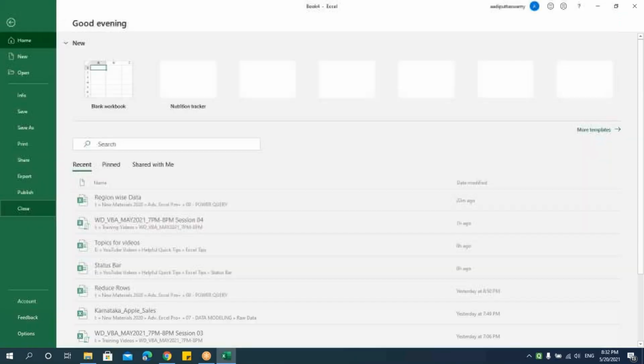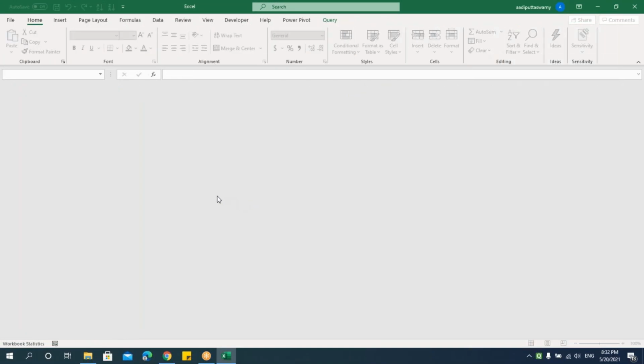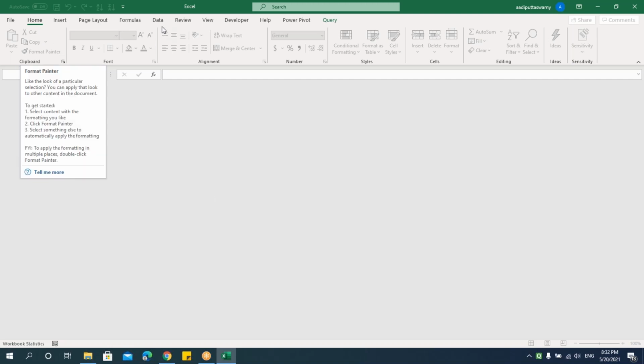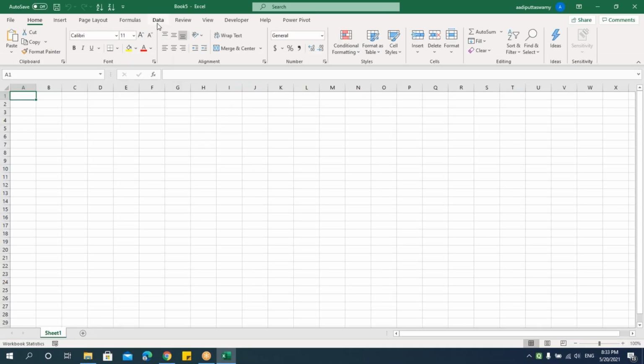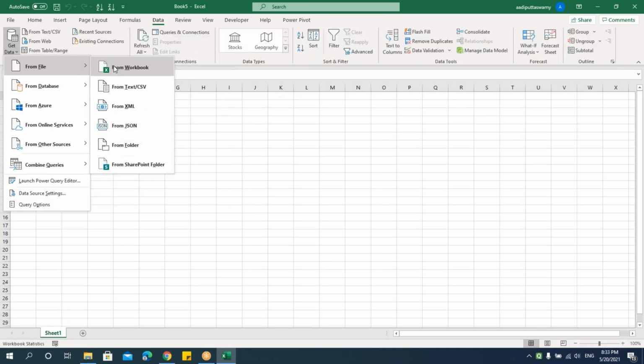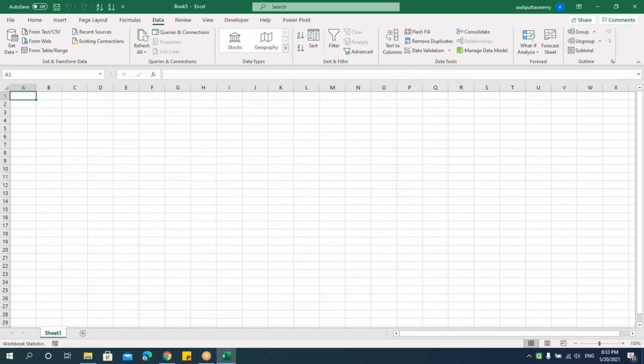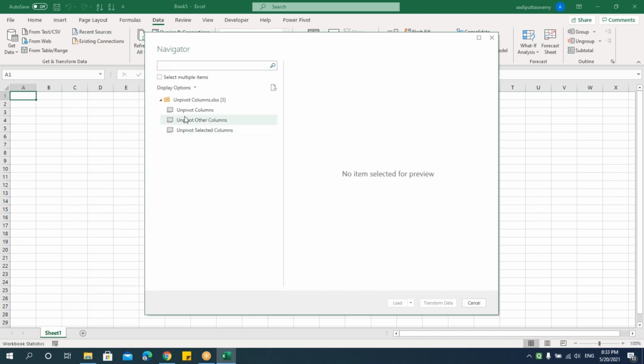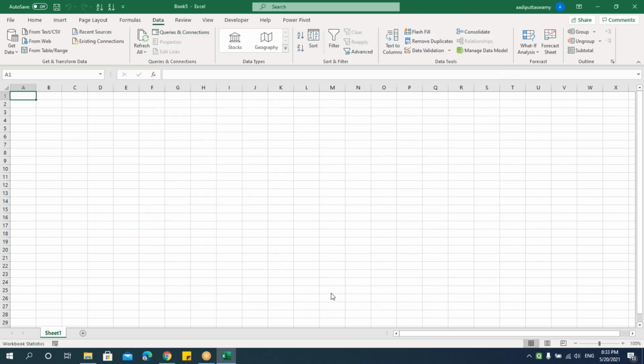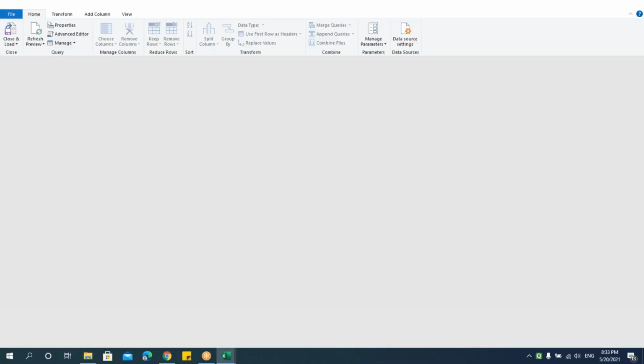Next is unpivoting. Suppose there is data which is already pivoted, so the data we have in columns, I need to get that into rows. Then we can use unpivot. Let's select the file unpivot columns, and select all these three tables, which are three different examples. Let's say transform data. Now we'll see how we can unpivot. Unpivot means bringing the column headers to a row.